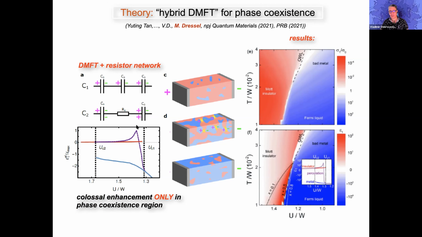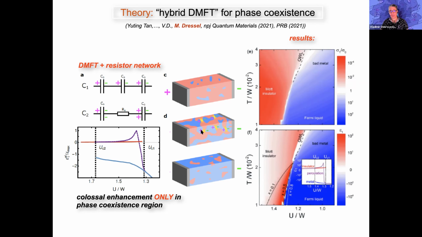So this colossal peak, this is on log scale, not explained here, but there's a gigantic response here, which is unrelated to the behavior of the insulating phase. The metallic phase is even less influenced. Here is blue. This is the metallic phase where the electric constant is negative and large. So neither the insulating phase nor the metallic phase in the coexistence region show this. So this is not related to closing of the Mott gap.